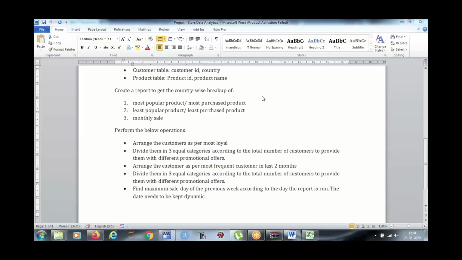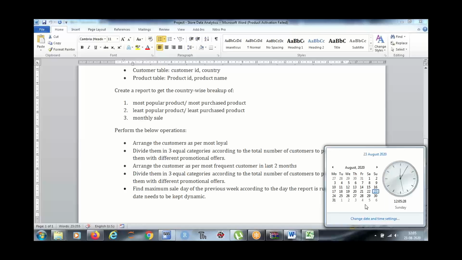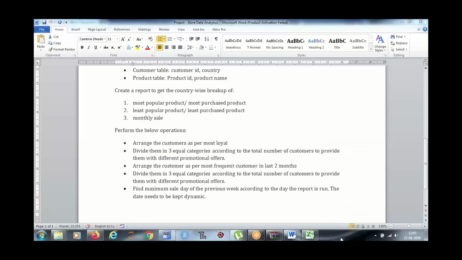Okay. Saying "not now" will not work, Karishma. Then you have to bring the solution then. Okay, there is still time. So I am giving you 5 minutes time to think about how you will write the query, how you will write the data step, or anything else. And you need to submit this project by Wednesday. That is 26th of August.